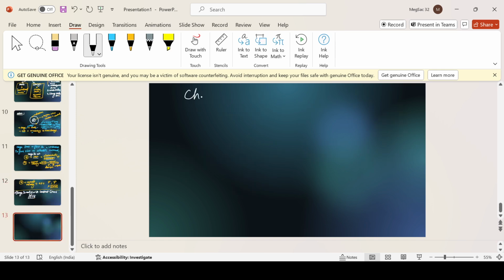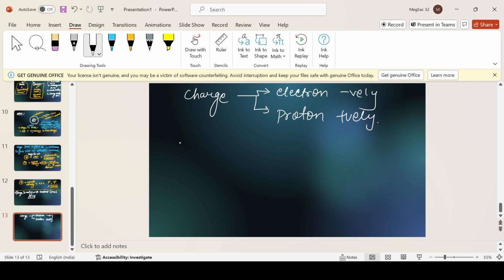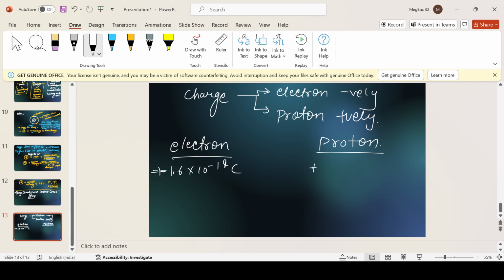So charge are of two types, one is electron, negatively charged, and one is proton, positively charged. This electron and proton have their values. The electron has negative 1.6 into 10 to the power minus 19 coulomb, and the proton has positive 1.6 into 10 to the power minus 19 coulomb, that is